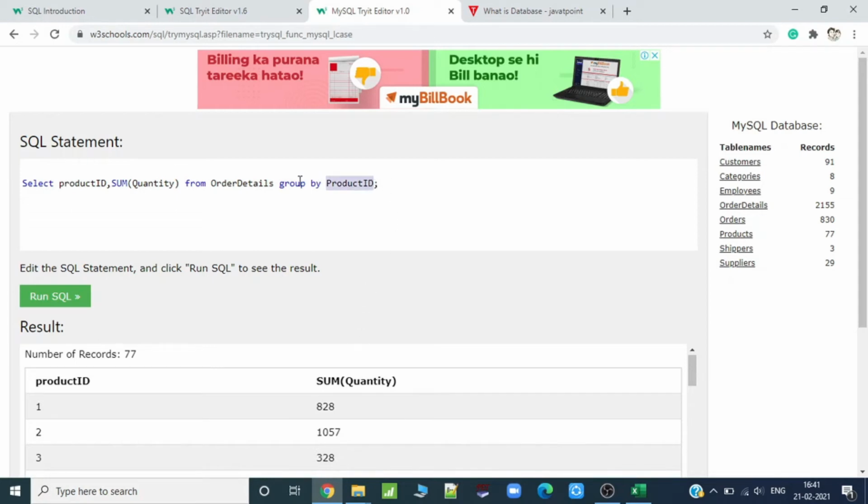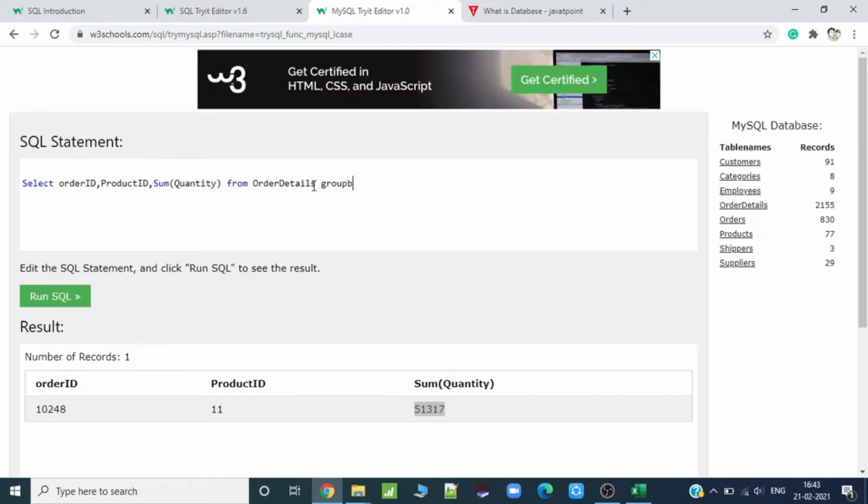Group by is used whenever we are using any aggregate function, and all the variables outside the aggregate function will be covered under group by. Now for the different group by, how many variables are there outside the aggregate function? Order ID, comma, product ID.